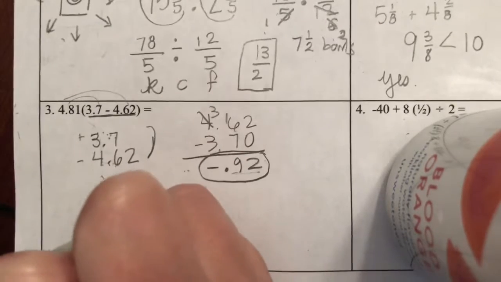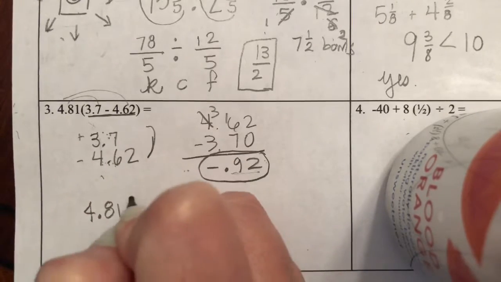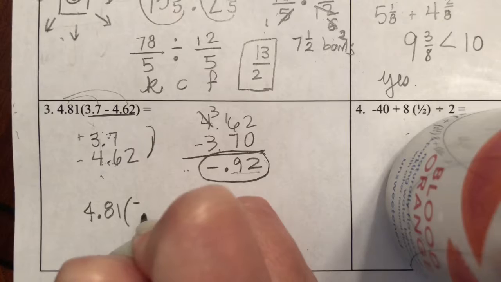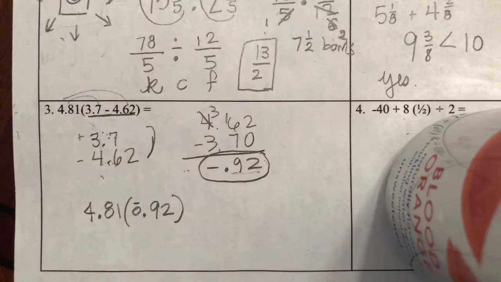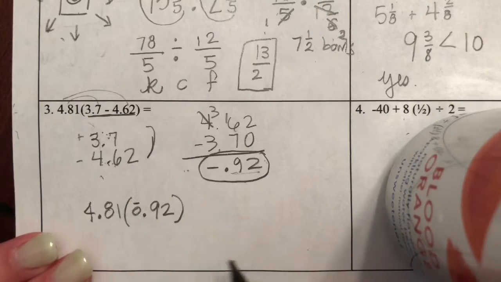I now need to take my 4.81, and I'm going to multiply that by a negative 0.92. And I'll put a 0 there just to help us with that. Okay, and when I multiply that out,